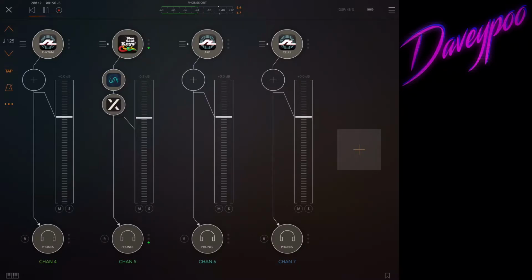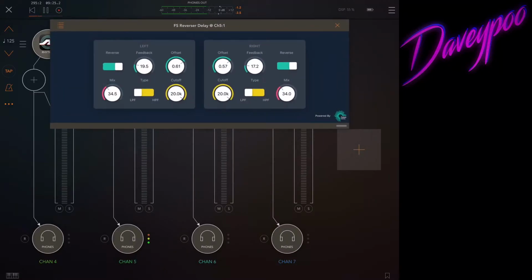Rosetta Cells is playing the chords, Rosetta Arpeggiator is arpeggiating those chords, and Neo Soul Keys is making the noises. And then FS Reverser Delay is providing the delay. So let's bring this up here. So this would be a forward delay,